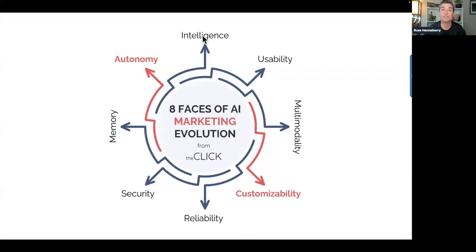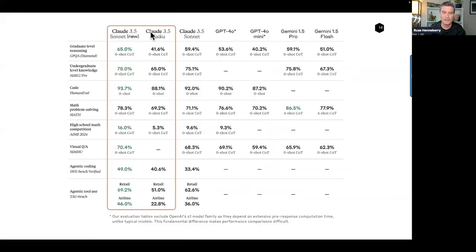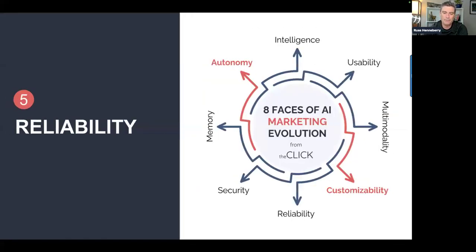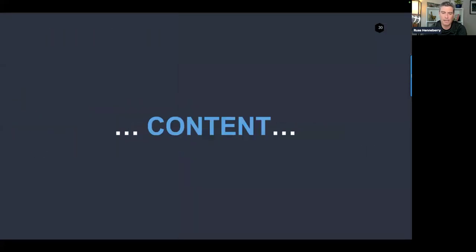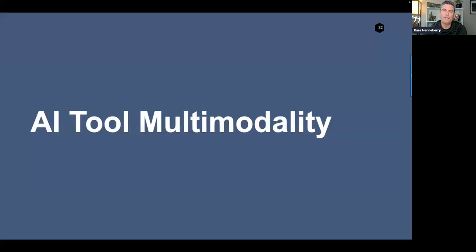And then, of course, the last one is intelligence. They keep getting smarter. The models get a little more intelligent all the time. This is just a screenshot of some benchmark data. Whatever all of this means, what they're doing is measuring the AI's capabilities in terms of intelligence across a lot of different baseline data and benchmark data. So, eight different ways that AI is evolving, and I'm going to give you access to these slides so you can go through some of this stuff on memory and other topics on your own. But I want to focus today on AI tool multimodality.